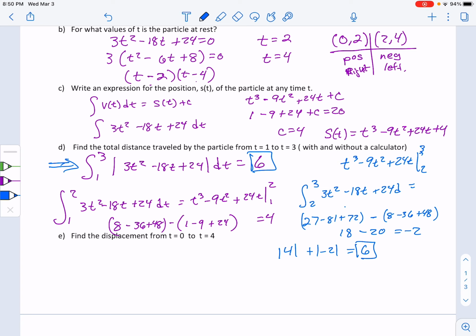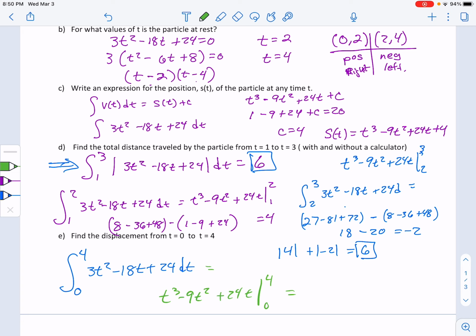Find the displacement. Displacement, all you have to do is integrate from 0 to 4 the velocity function. Oh, I've got to change colors again. So what do we get? t cubed minus 9t squared plus 24t from 0 to 4. At 0, it all goes away, right? So